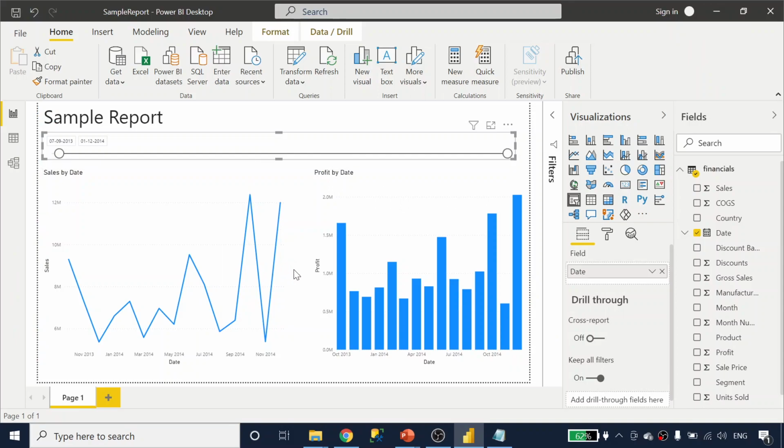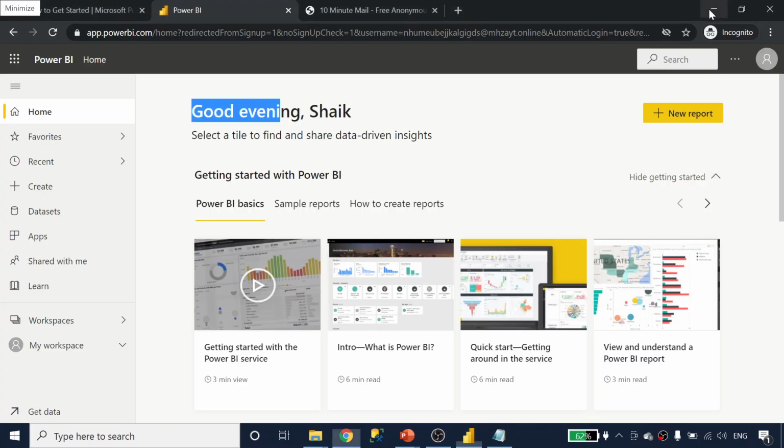People create their reports and publish them into Power BI service, which you are seeing right now on the browser. Here they will add their team members or operations team members, and give them access to these Power BI service workspaces and reports, so that operations people or end users of those reports can come here, see and consume their reports. Let's not worry about all that. In future we will be discussing this Power BI service in detail, what it is, how it works and everything.